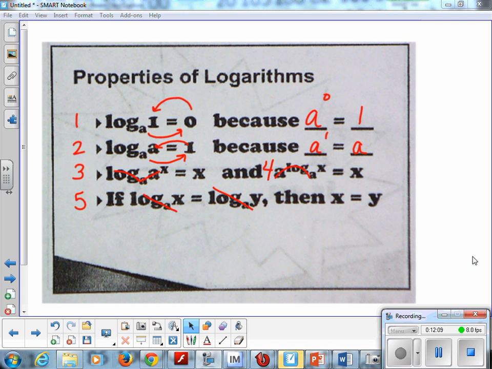As your ticket out, I want you guys to work on the 1, 2, 3, 4 examples. I'll give you the answers before we